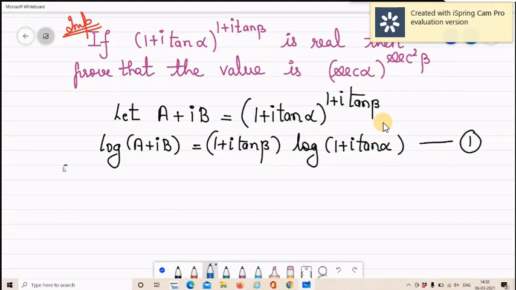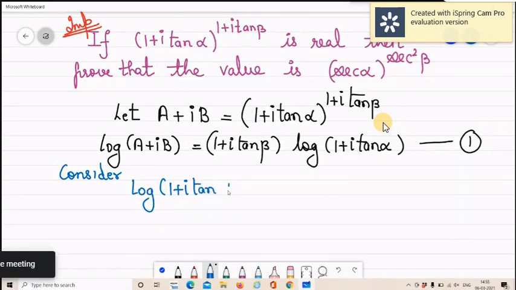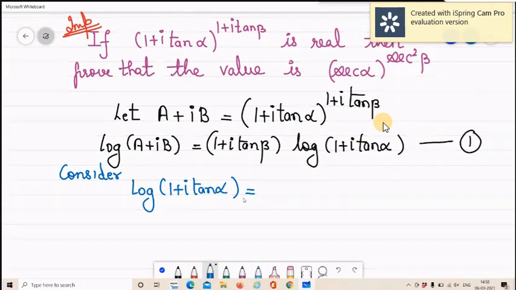Okay. So let's start with that now. So we will do a consider part where we are taking log of 1 plus I tan alpha. I guess I had given this sum also for you all to solve. Yes or no? In the practice sum, I had given you two sums, maybe in the last class itself. I had given you the very exact sum. That was a proof. Okay. So here again, my real part is 1, the imaginary part is tan alpha.